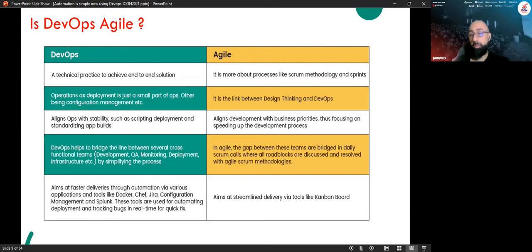DevOps is a merge between development and operation. Agile is focused on linking these two teams and on the sprints, such as Scrum as well. DevOps also focuses on stability, availability, automation, and so on. Agile is focused on how you are going to deploy. For example, Canary is one of the methodologies that you follow with DevOps, okay?